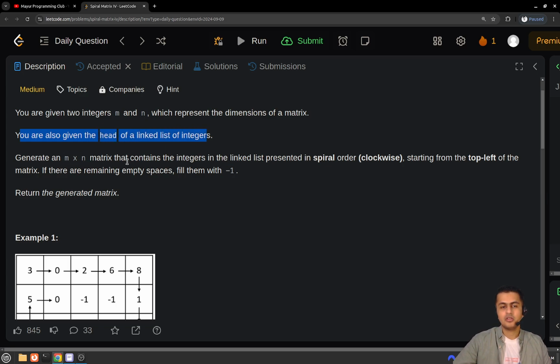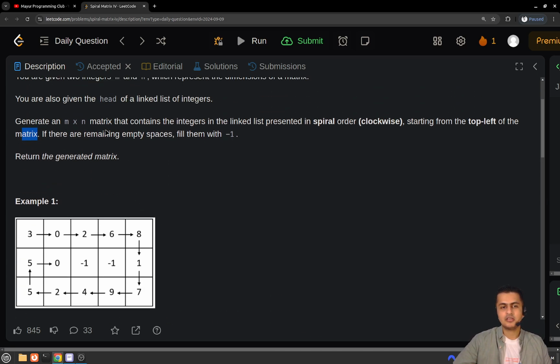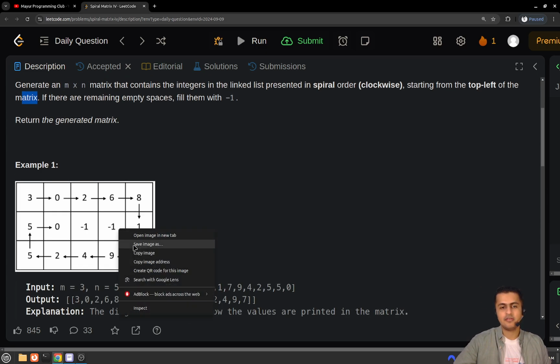Then you have to generate this m cross n matrix that contains the integers of the linked list presented in a spiral order starting from the top left of the matrix. Okay, so we will try to understand this statement with the help of an example. So let's take the very first one,